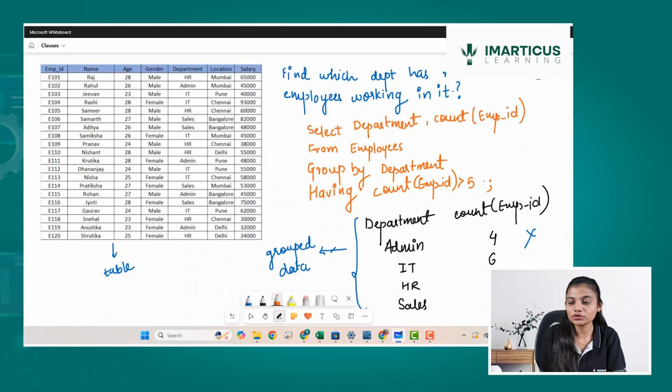So you can see it will go to the group result created by group by and check: admin greater than 5, no. IT greater than 5, yes. HR greater than 5, yes. Sales greater than 5, no. So it will go to the grouped data created by the group by clause and filter it, which your where clause would not do. It will filter the data on the basis of aggregation functions, which were not suitable in your where clause. So if I want to simply explain the having clause, the having clause is used